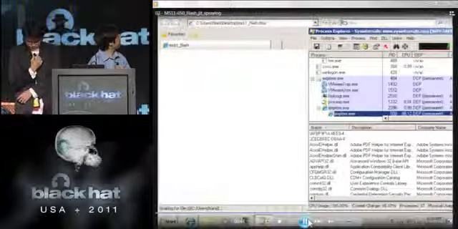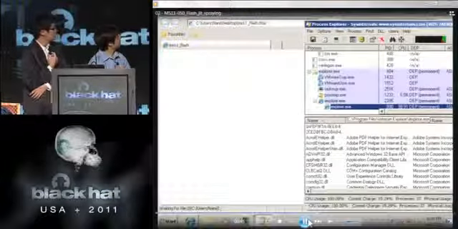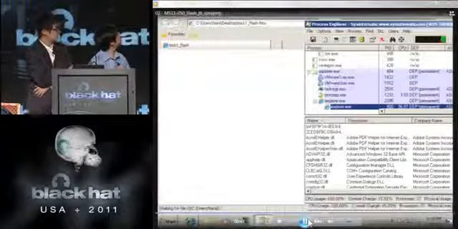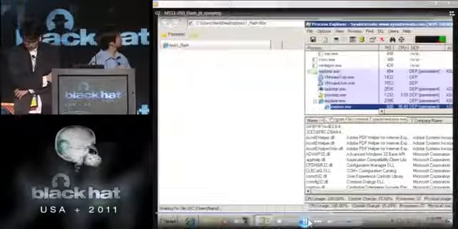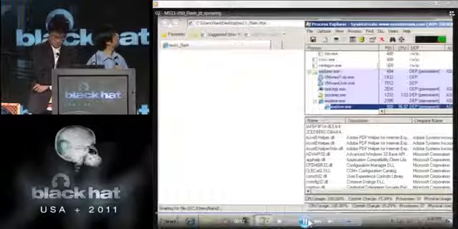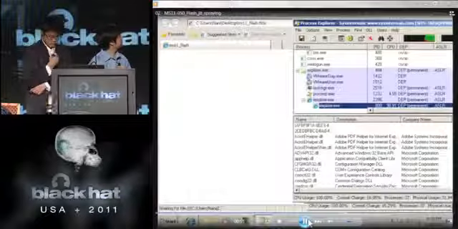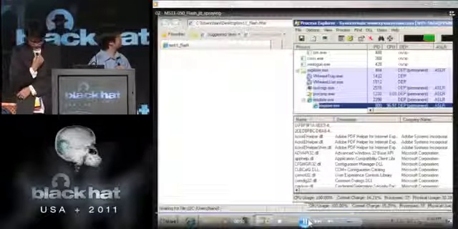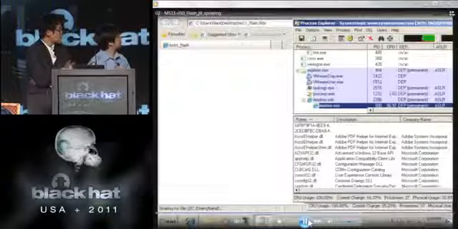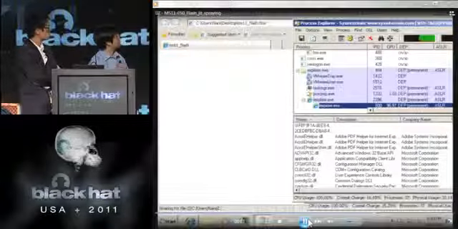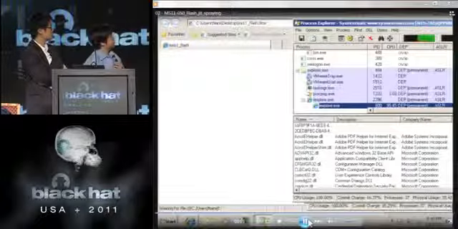Now Flash is spraying the memory. After triggering the exploit, it is spraying the memory, so it takes time.